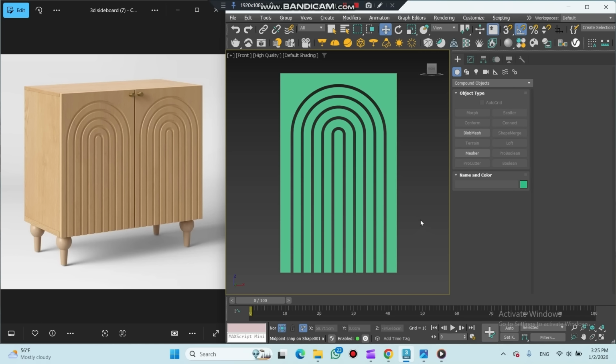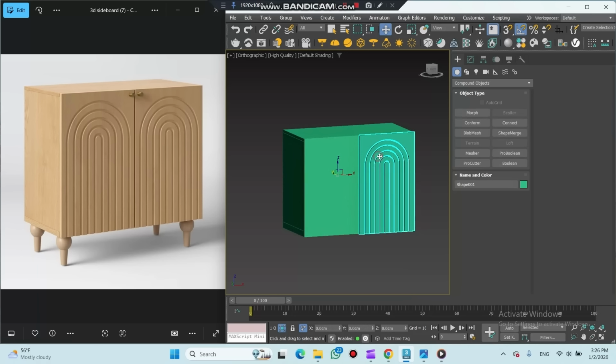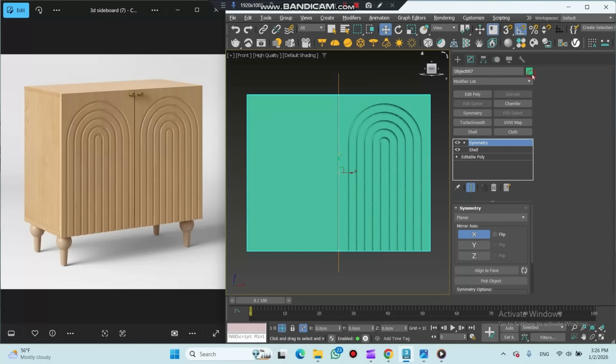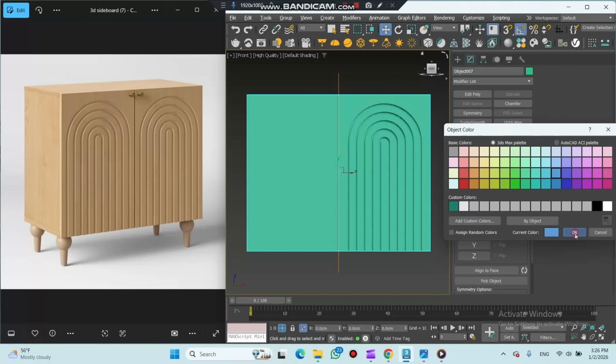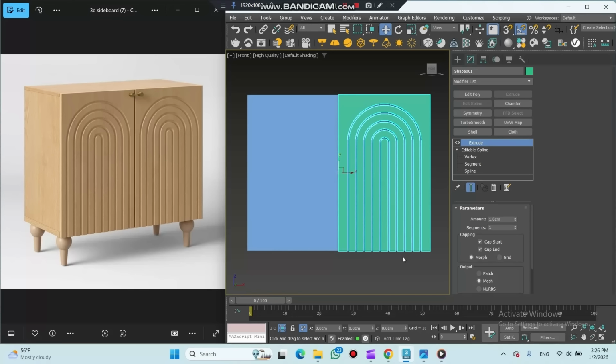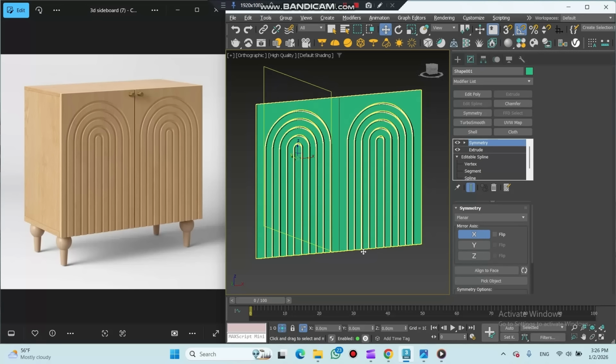So now I will unhide all, and here I need to select this one on the back panel and isolate. I will just change the color of the back panel so you can see it better. And now I need to make a symmetry modifier. I will add this symmetry modifier and I will use the x-axis. So now because the pivot point is exactly on the center of the cabinet, that's why it came right away